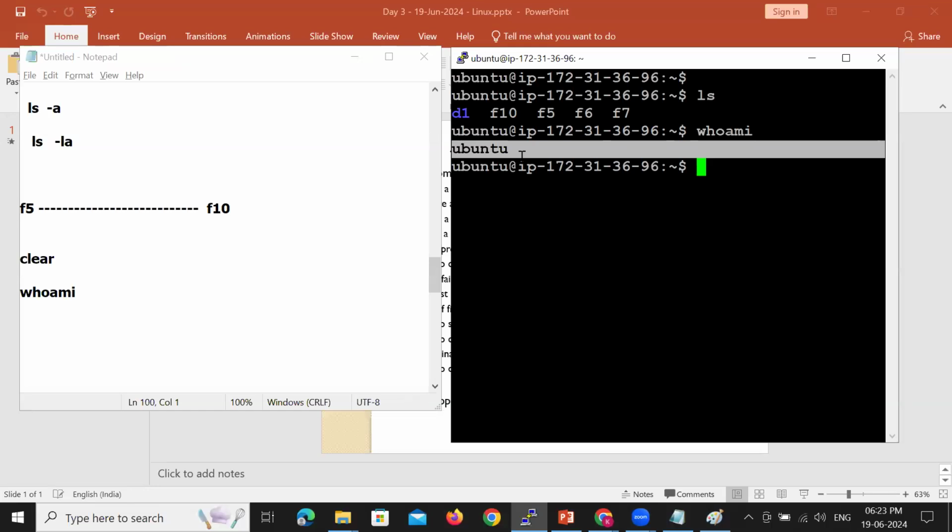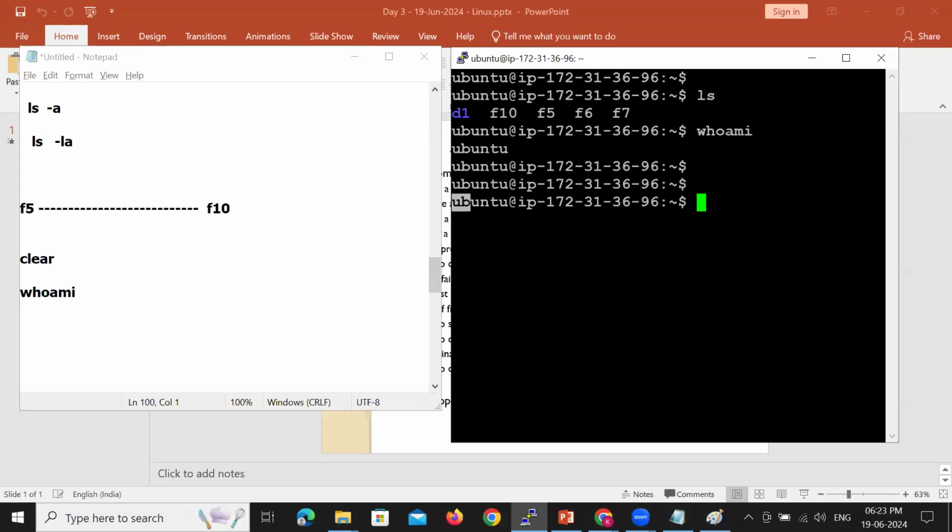To know the current user, please use a command called whoami whenever you want to know the current user. That's the reason. Can you see the username Ubuntu? In the dollar prompt, the first one, what you're able to see is the user, and this is the IP address. Clear? So whoami is the command which helps you to know the current user with which you are working. Perfect.